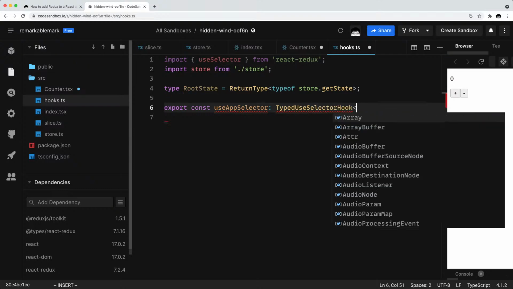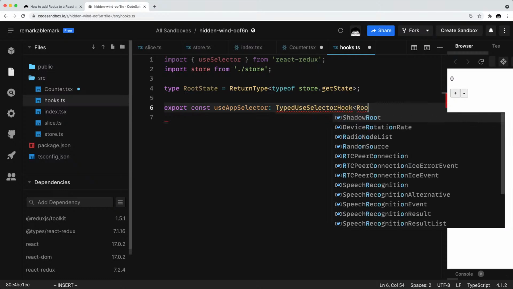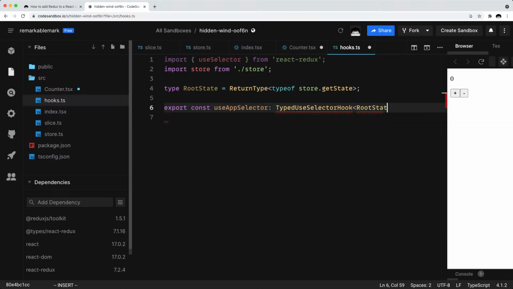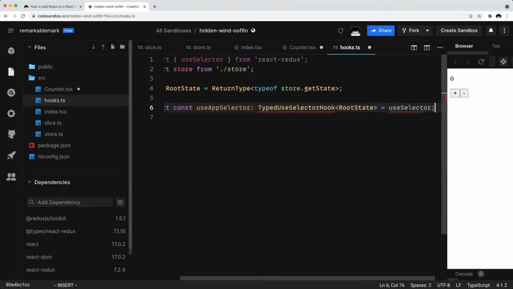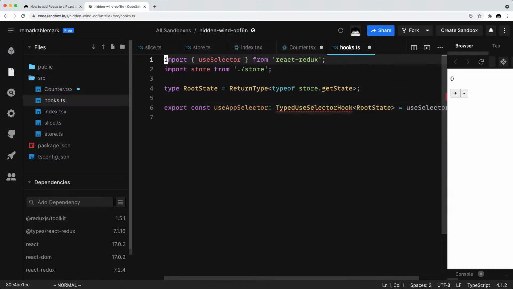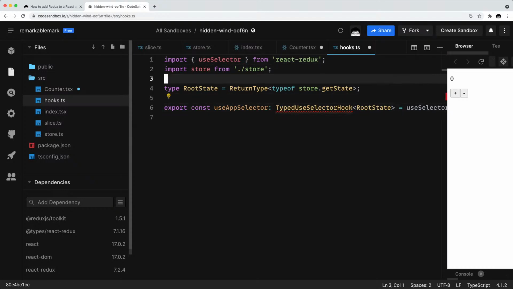And here, this is using the RootState as the type assigned to useSelector. And the typed useSelector hook is also imported from react-redux. So instead of typing it all again, let's just copy it, paste it,